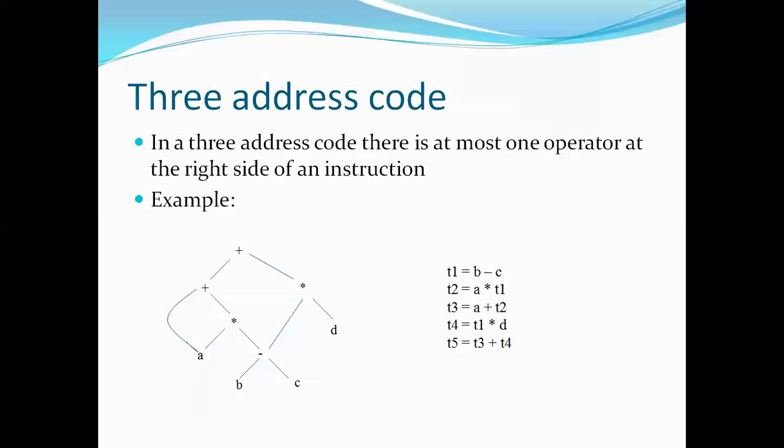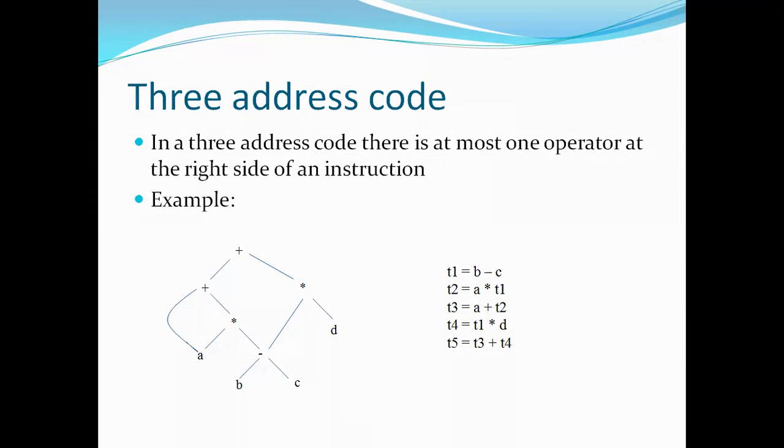But B and C are the operands that can be names or constants. And in between B and C, we have an operator, right? Any type of operator we can choose here. But again, there is a constraint that on the right hand side of the statement, only a single operation should be performed, should be allowed. Not more than a single. The statement should not use more than a single operation. Make a note of this.